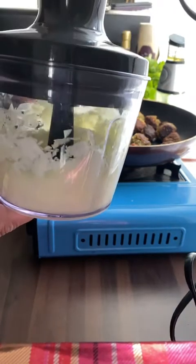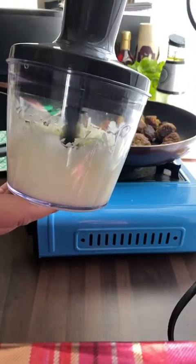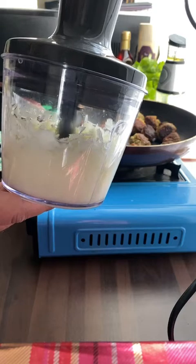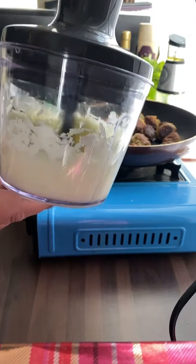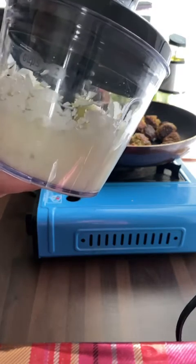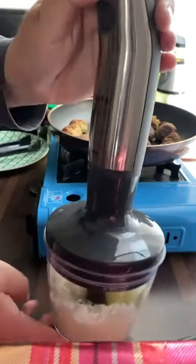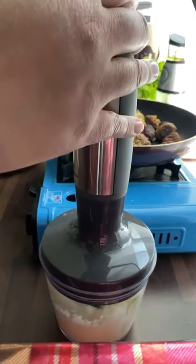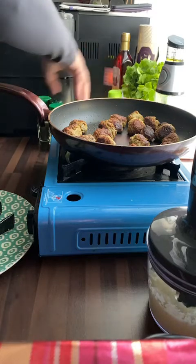So like me, if you don't like chopping onions, this is a quick way of doing it. And what this does, by chopping it like this, you get a good sauce. Oh, that's done now. Just do a little bit more. So, now move the herbs out of the way, because we're going to put the...